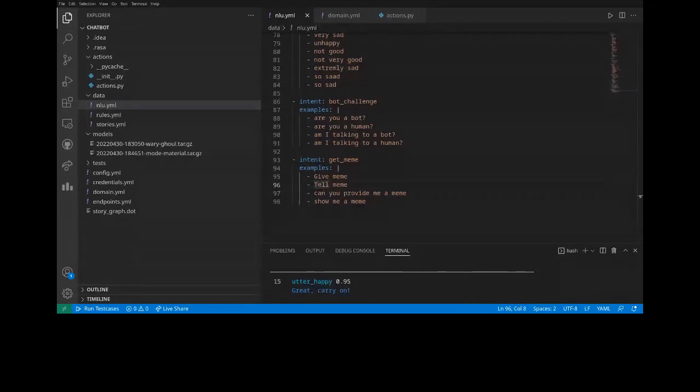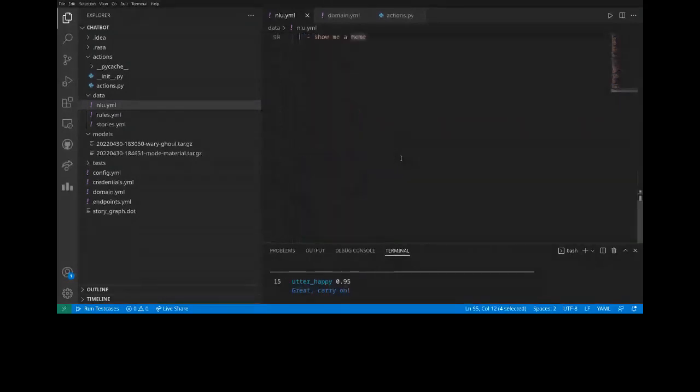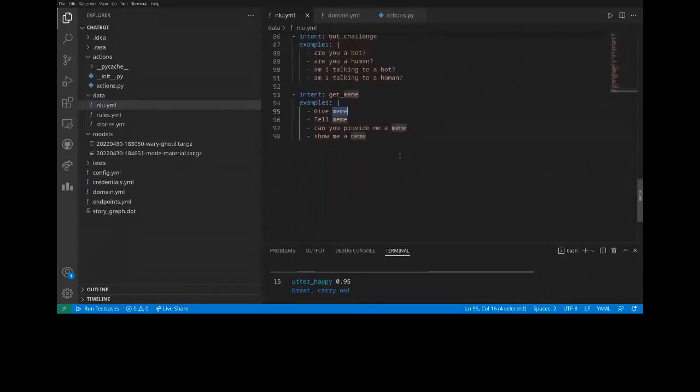Anything else? Maybe some other sentence where it won't understand. But basically it's visible here because we don't have anything related to meme at all. So if a user sends a meme, it will directly know that there is nothing but get meme, as simple as that, because there is nothing else which is meme here. So it can't get confused from anywhere, and the bot doesn't have its own brain, so it will automatically understand that there is some meme and the user is talking about something else.